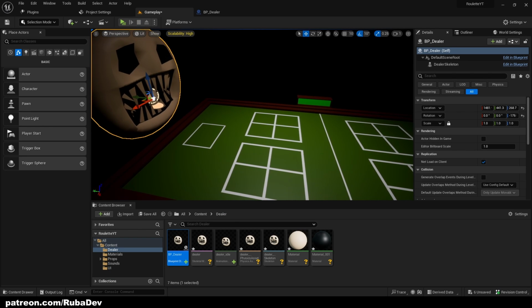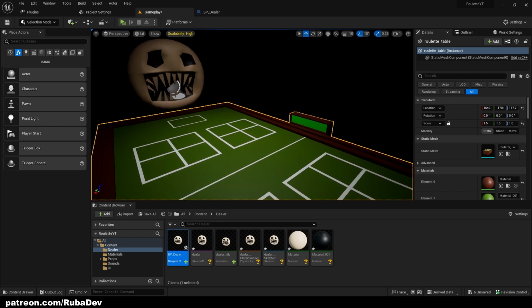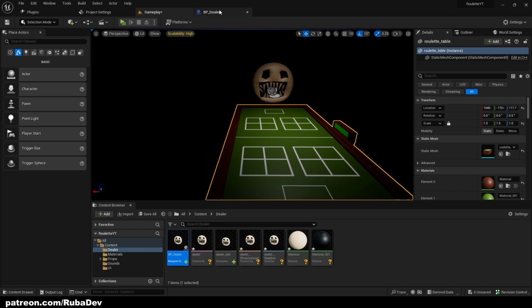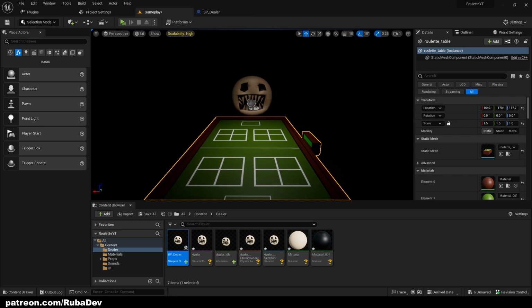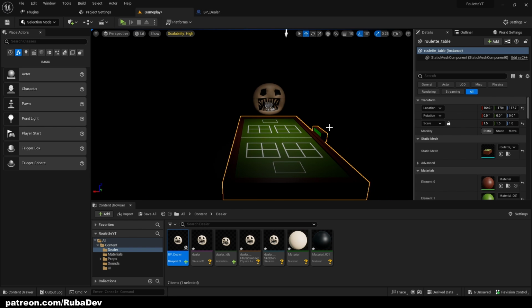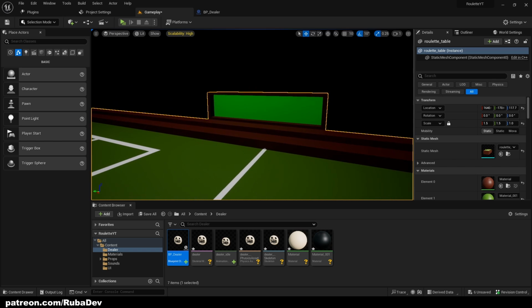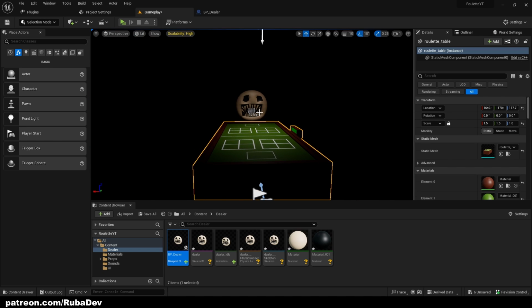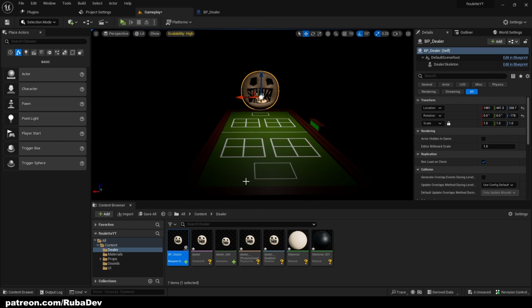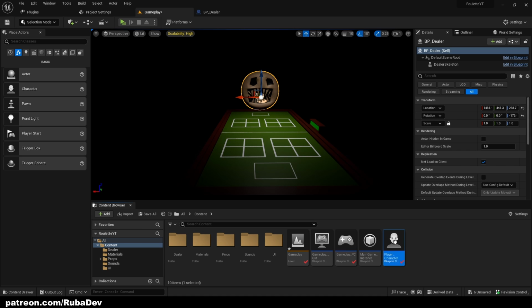Okay. So let's go ahead and create a simple UI that we're gonna use for testing, and later on we're gonna add UI to be here. Okay, so we have our dealer now. Let's head over to our character